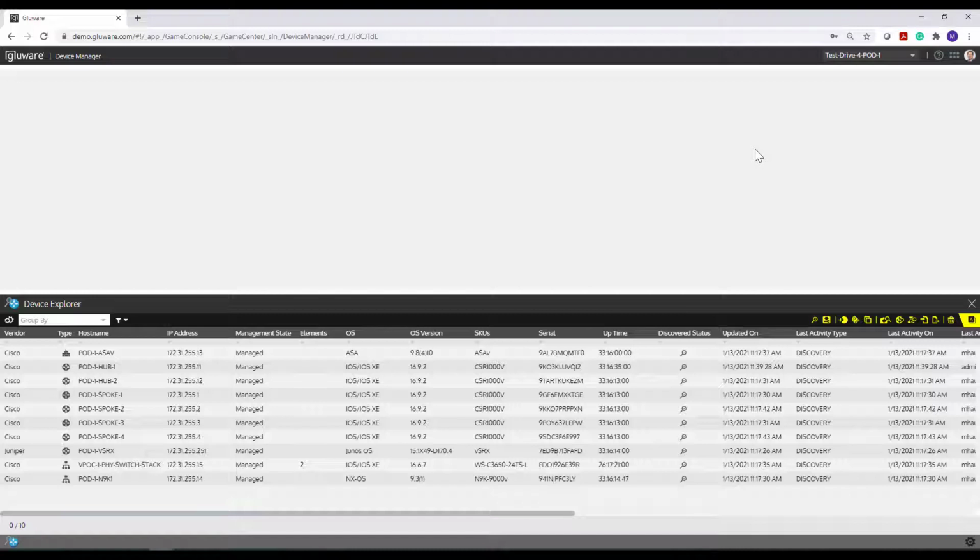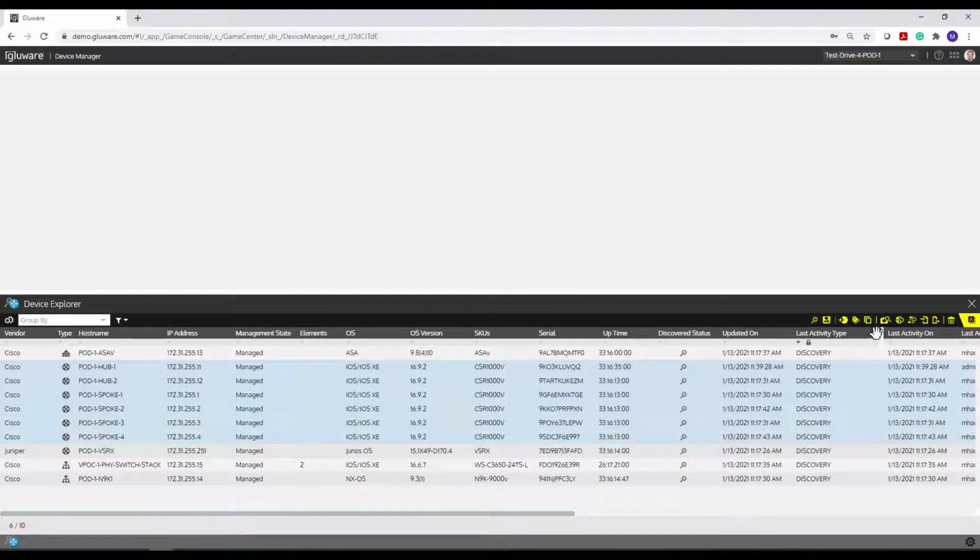So the first step in running an ad hoc query is selecting the devices that you want to run the query on. You can either dive right into handpicking the ones you see from the grid, or as previously shown, you can use grouping, filtering, searching, sorting to narrow it down to the devices that you want to work with. For my demonstration purposes here, I'm going to keep it simple and just select the Cisco CSRs. So I highlight, do a shift select, I can do a control A for all, various mechanisms to highlight or select these devices, but I'm going to go ahead and select these 6